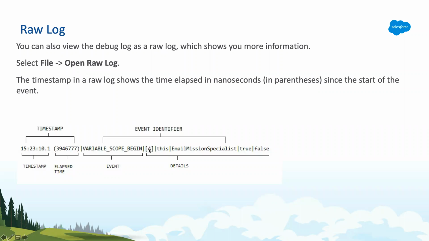That is the event of this particular log, and it will show you the rest of the details. This is the code line. This is the class name, and it will show you the object initialization, as well as what the values would be. So I will show you. Let me go to